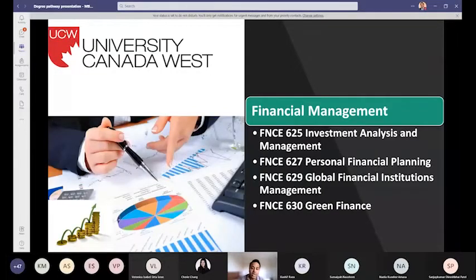We also have financial management core courses which are required, and these are electives: investment analysis management, finance 627 personal financial planning, global financial institution management, and green finance. These are electives you could choose if you have a background in finance or plan to gain more knowledge of finance and eventually work in the industry.